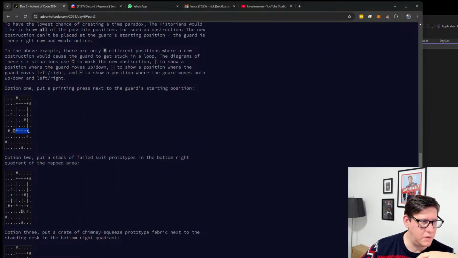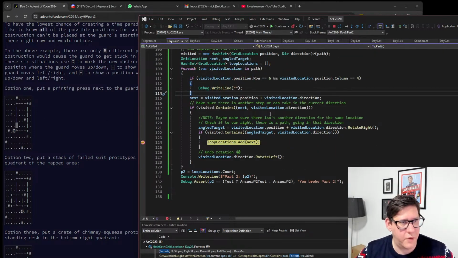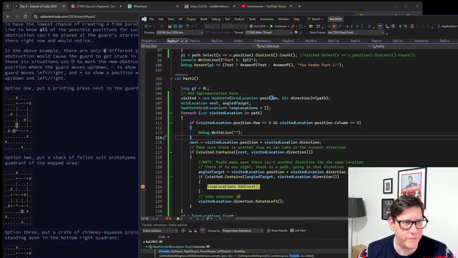But you can only consider the path that you've been past already. So only if you pass by something that will let you jump back on the path that you've already done, then it's a valid loop operation that you can do. So the part that I did here, the part 2,